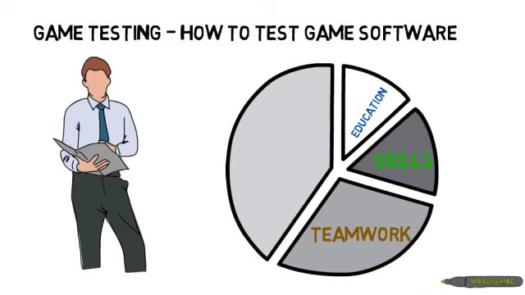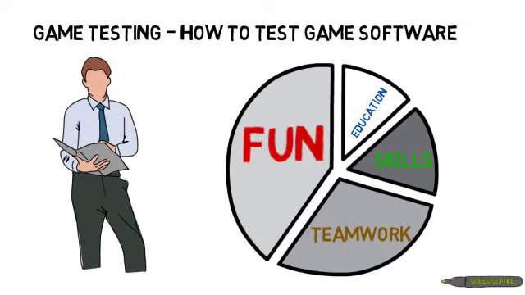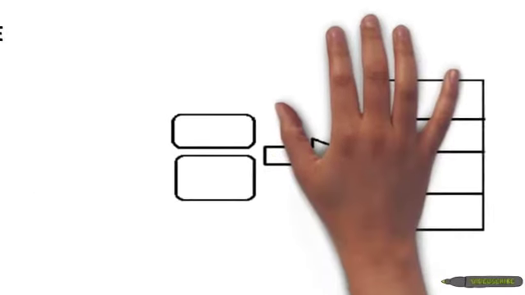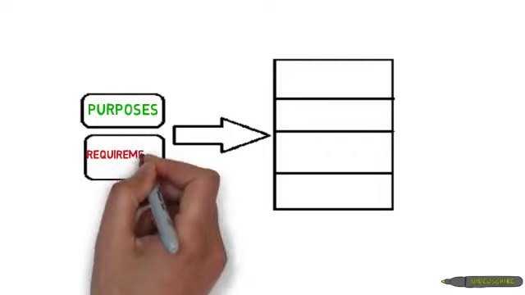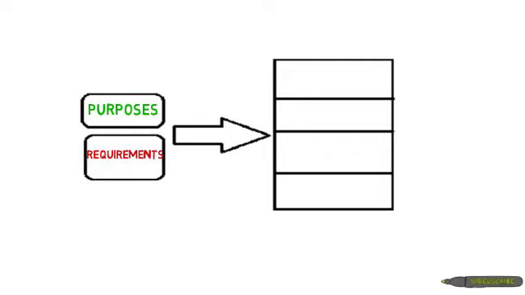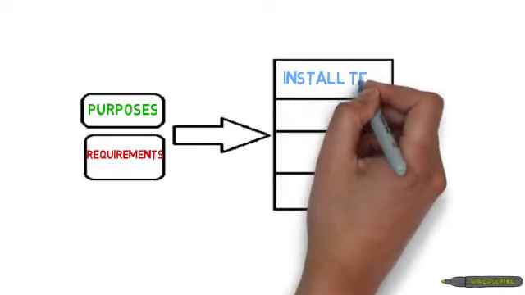In the case of multiplayer games, the purpose can be development of social skills like teamwork and cooperation. But the biggest purpose of any game is to have lots and lots of fun. Then there are game requirements which detail the game's purposes, such as the game should launch, each specified feature should work correctly and completely, and there should be no glitches or defects in the game. Now, keeping these high-level purposes and detailed requirements in mind, let us see the types of testing games need.